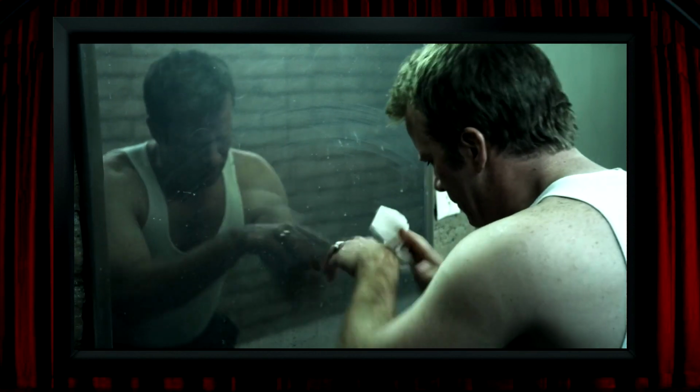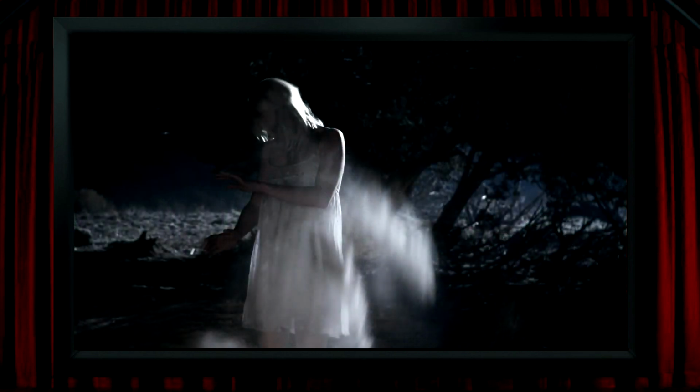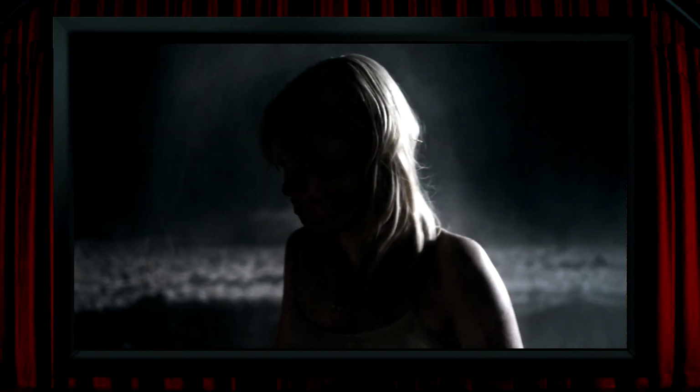There's a bit where something has to be buried, and instead of doing the obvious thing for a low-budget 3D film and shoving a shovel in our face, this is way more sophisticated, and instead we get a great three-dimensional view of Lauren German being shrouded in the shoveled dirt, which may or may not be a fantastic piece of 3D foreshadowing. And the 3D is extremely atmospheric in the way it presents the view looking back up at them after they've done their burying. So I really love the native 3D in this film, but there's also some views that aren't